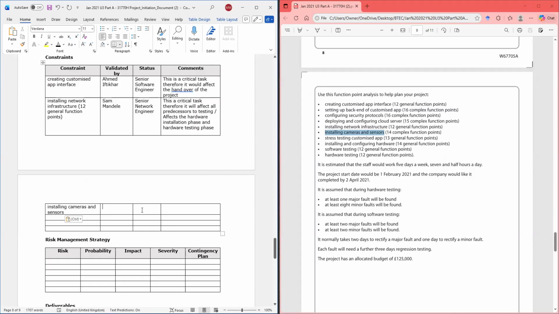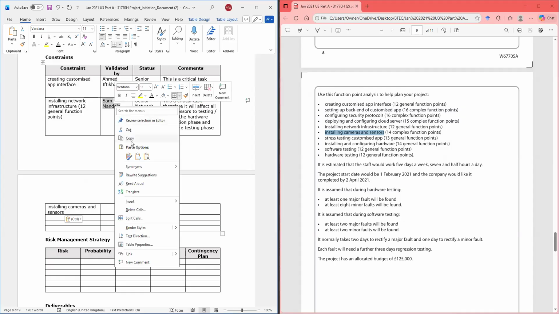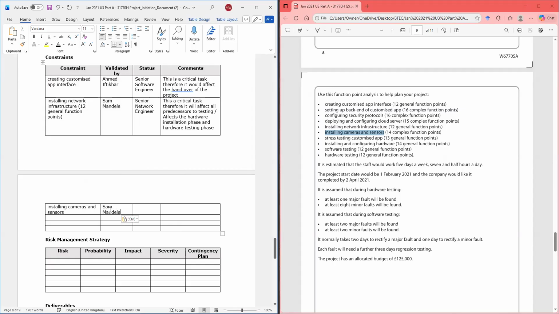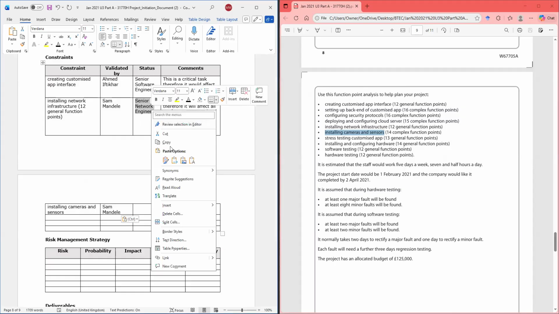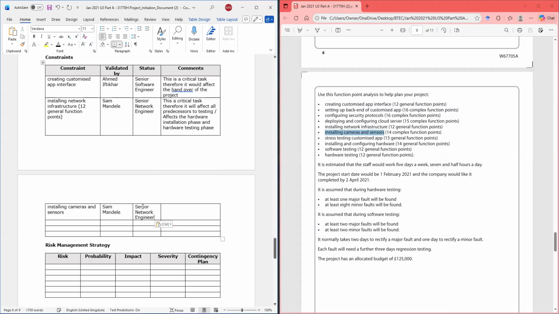This is whoever is installing it, or we could use the senior software engineer again, because this is a scope. All right. This will cause a security risk.